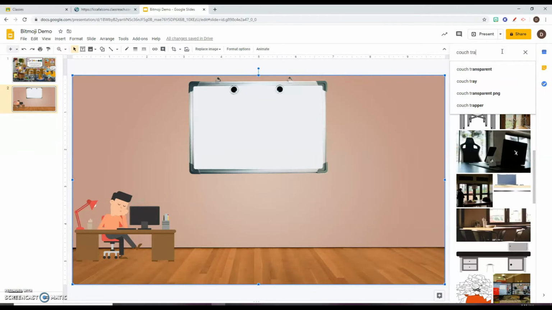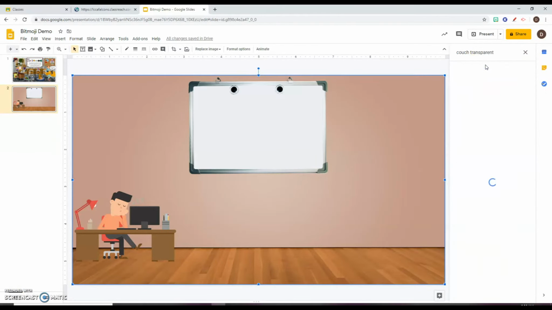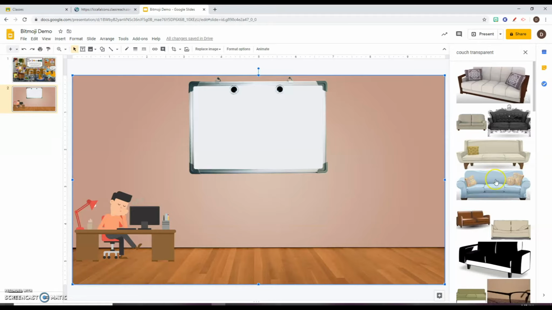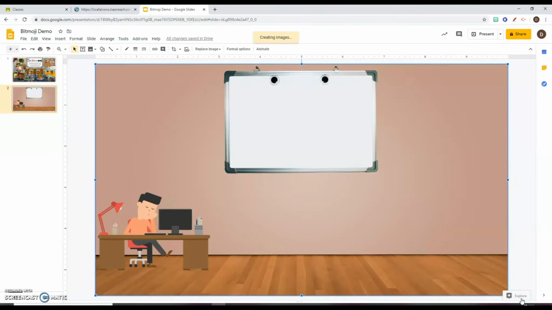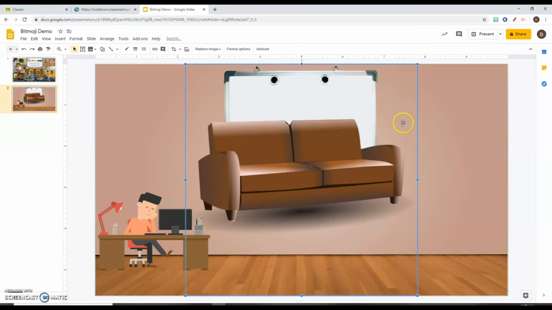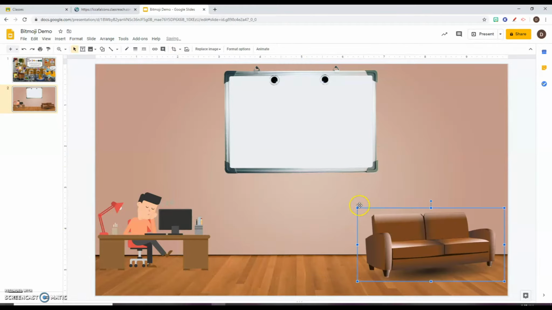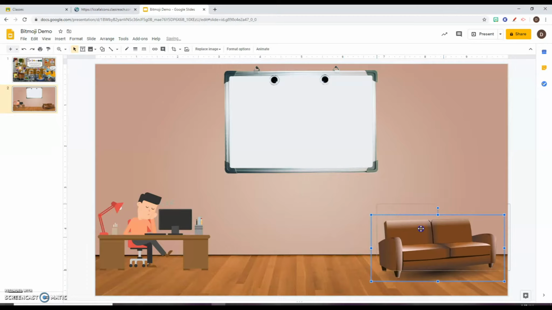A couch to my classroom. So let's look for a nice comfy couch. This brown one looks pretty cool. So I'm going to place that here in the class. So again, you don't need this extra image space. So that can be, again, cropped out. Make it smaller so it looks like it's in the